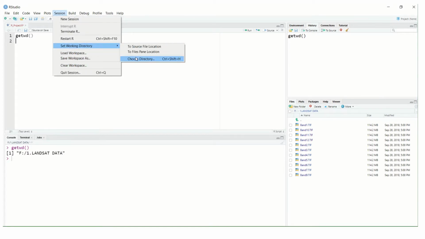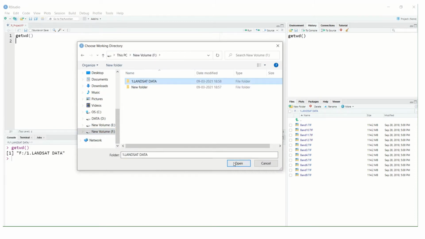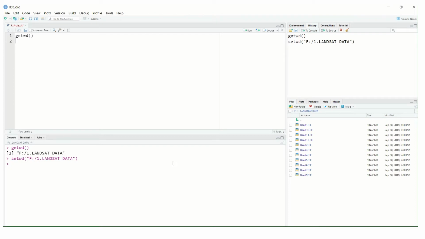Set and choose the directory, F Landsat data, open. You can see we have already set the working directory, but you still have to confirm whether the selected folder is the one we set. Here the set working directory and the get working directory are the same.